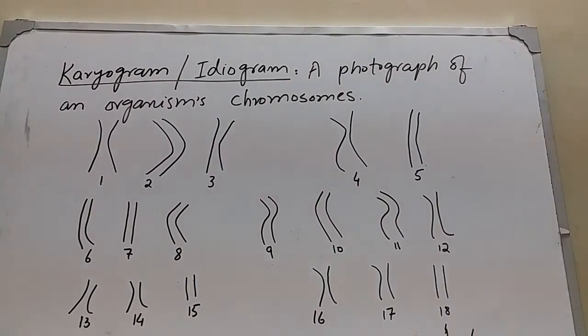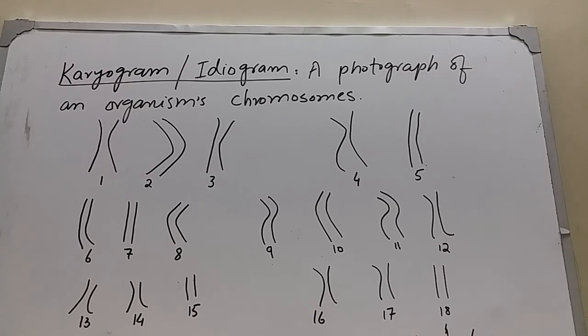So this is a karyogram of a human being. Karyogram or ideogram is a photograph of an organism's chromosomes. When we take a photograph of an organism's chromosomes and show it, it is known as a karyogram. Here you see the karyogram of a human being, and in the first row the first 5 pairs of chromosomes